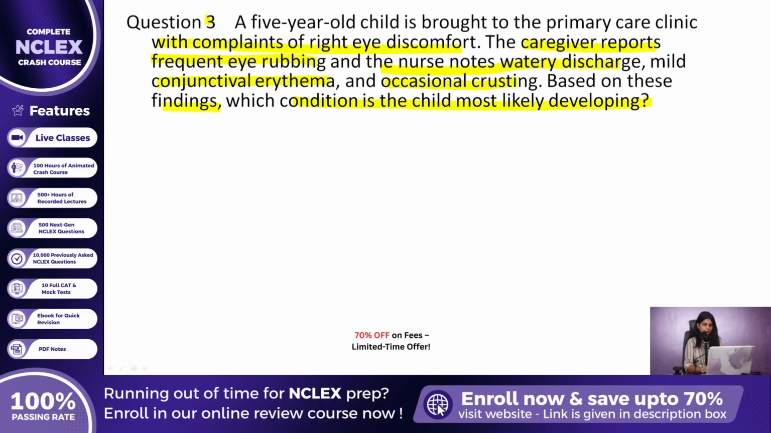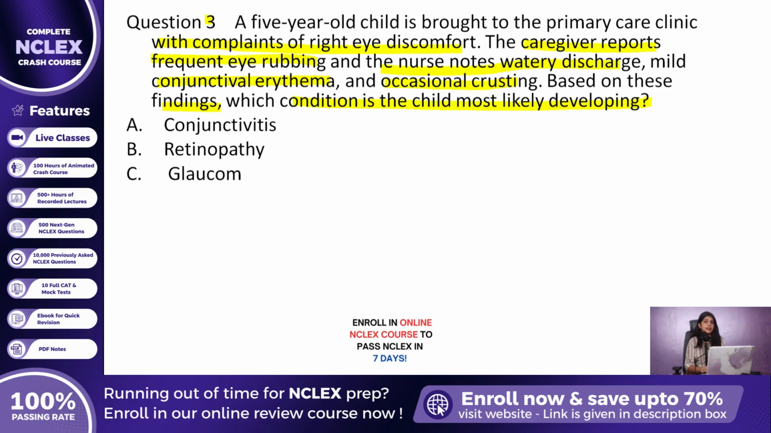Let us break down each of the answer choices to uncover the most accurate diagnosis. Option A, conjunctivitis. Option B, retinopathy. Option C, glaucoma. Option D, ptosis. Now zeroing in on the correct choice and expanding on the reasoning behind it, the correct answer is option A,